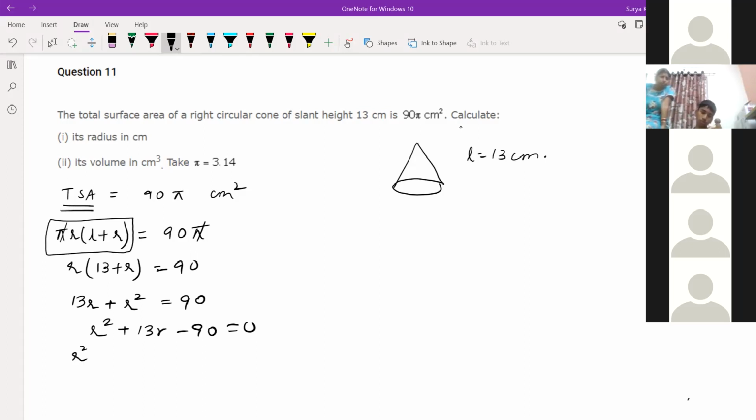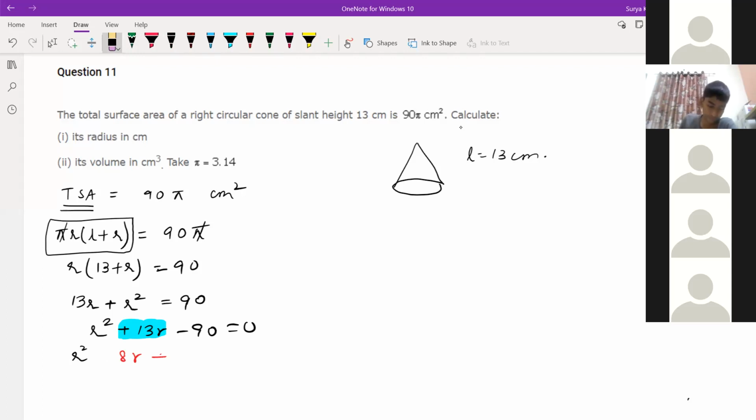So next we can write here R square. What can we bifurcate, Krishna? Sir, we can write it as R into R plus 8 into 5 into R plus 8. No, I'm asking only the bifurcation part, you tell me. Plus 13 R is the bifurcation only. R square plus 8R plus 5R minus 90. What you should write here? Minus 90, how will it come?